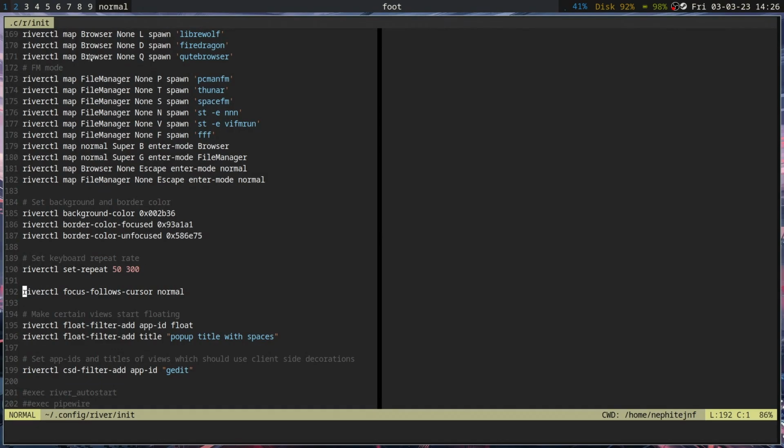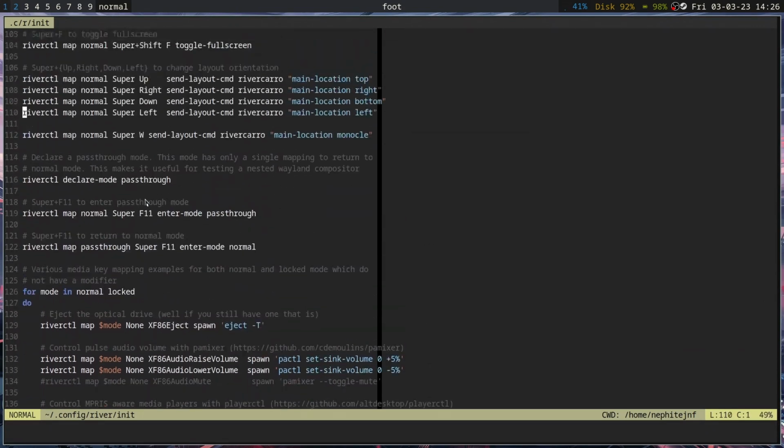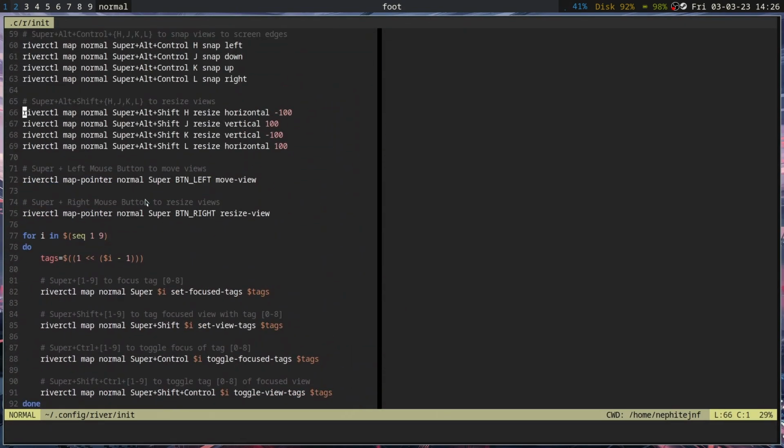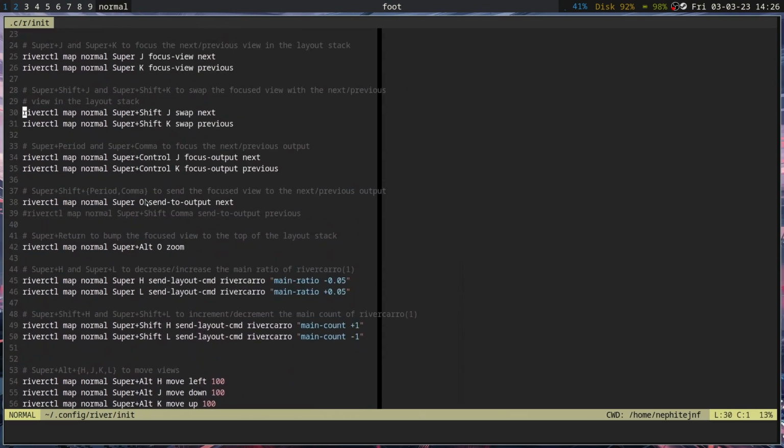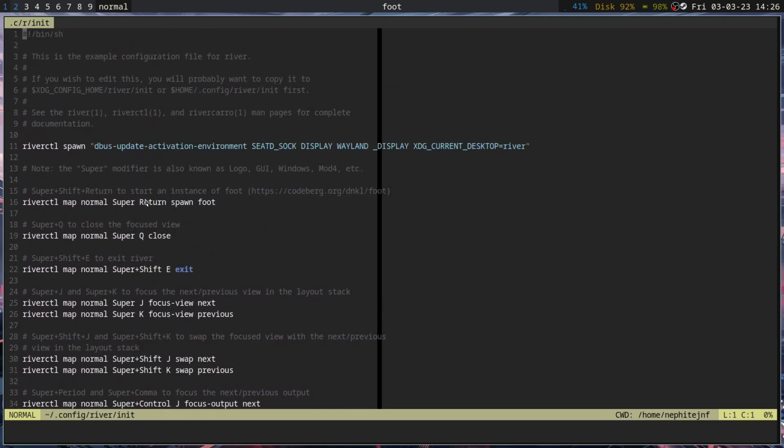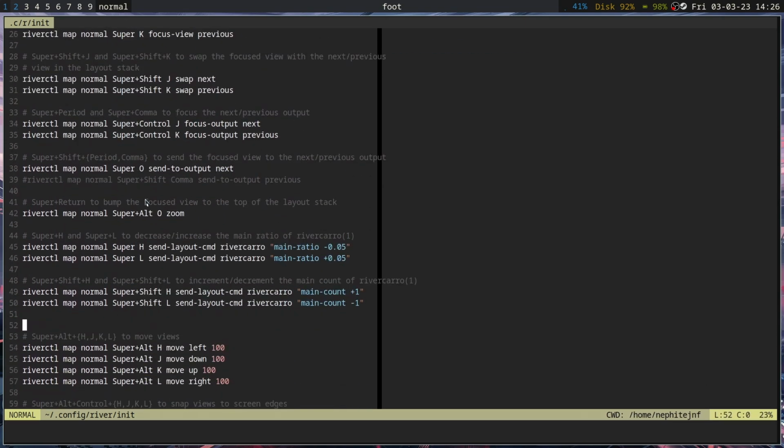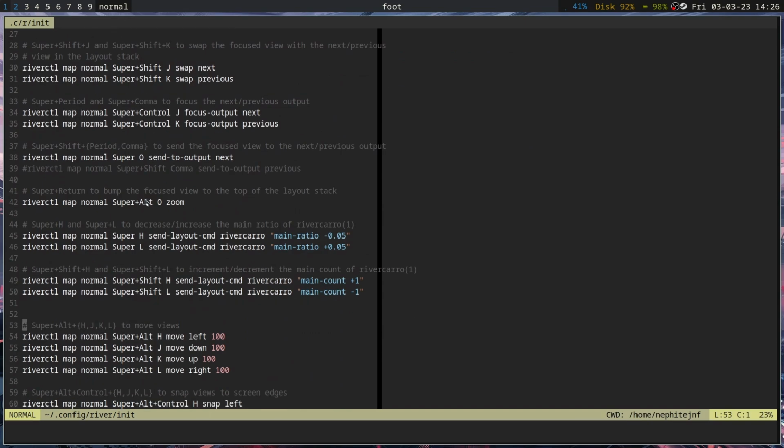The one thing I like about River is it does have like the server client model going, so you can do riverctl and it will basically run the thing. So it's got that BSPWM thing going on, and a lot of the DWM and Awesome things going on as well. Which is why I've kind of tried to steer more toward River,